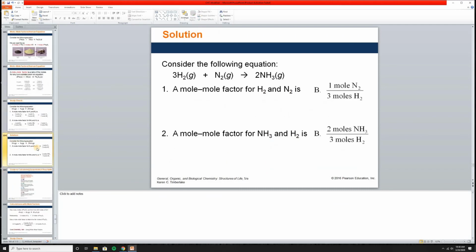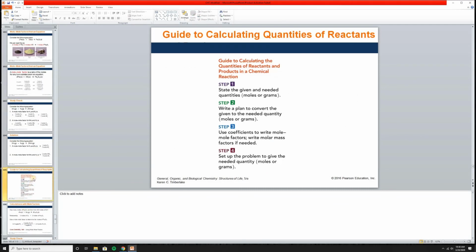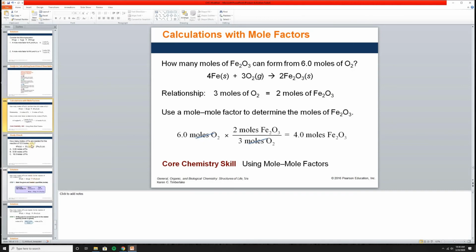Okay. So good. All right, we'll do one more, and then I think that's it. So in this equation, how many moles of Fe... Hold on, my cat is on the desk. All right, so how many moles of Fe2O3 can form from 6 moles of O2